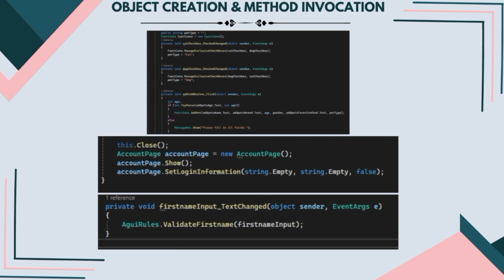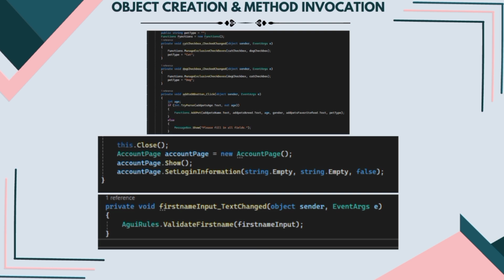Thank you so much. So here in object creation and method invocation, accountPage = new AccountPage. This is an instantiation, and accountPage.Show is a method that shows the instance of the form.